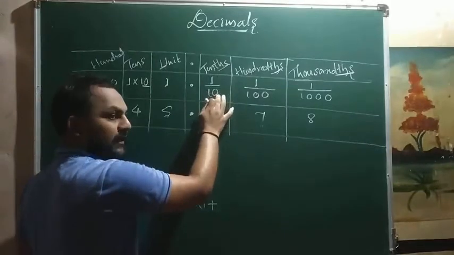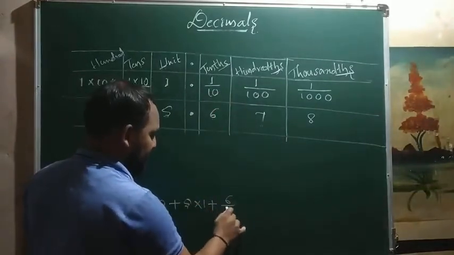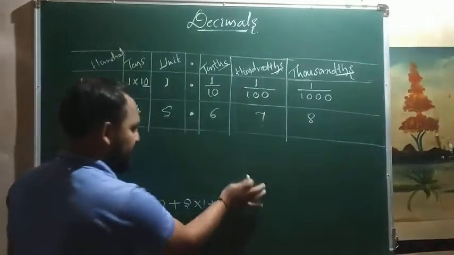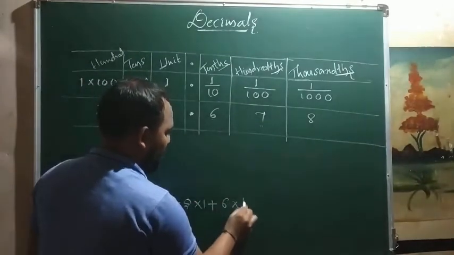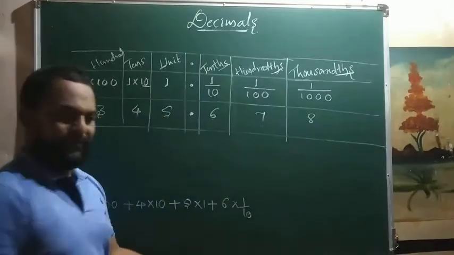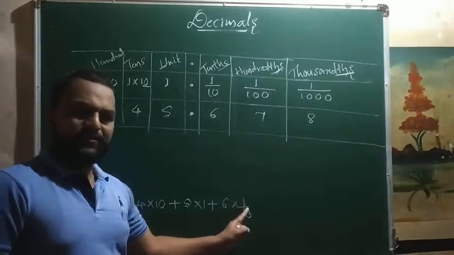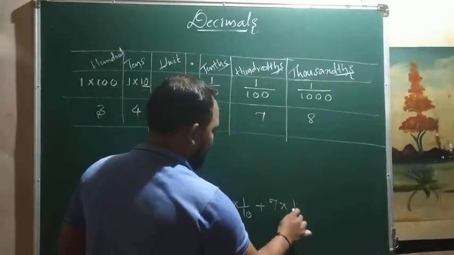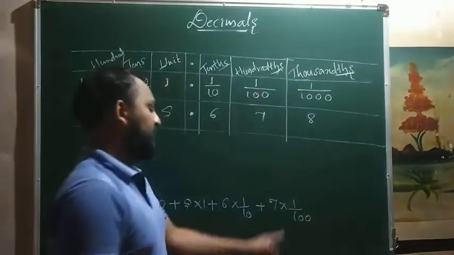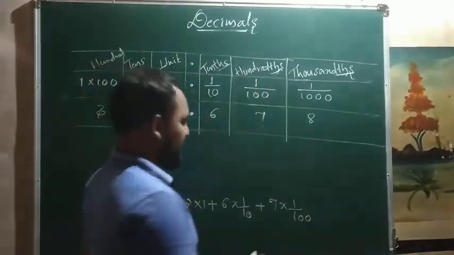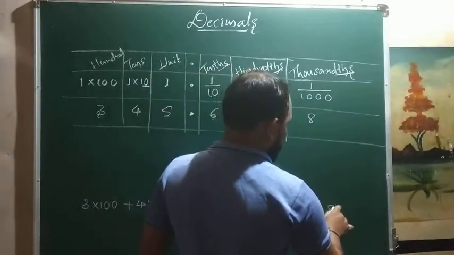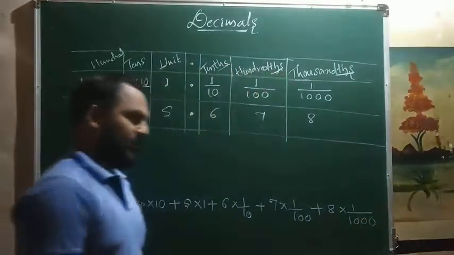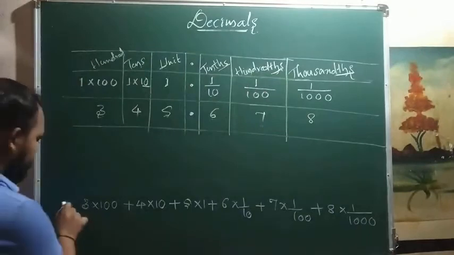Any number divided by 10 means 6 divided by 10; it means 6 into 1 divided by 10, that is 6 divided by 10, plus 7 into 1 divided by 100, the 7 in the place of hundreds, then plus 8 into 1 divided by 1000. 8 into 1 divided by 1000 means here